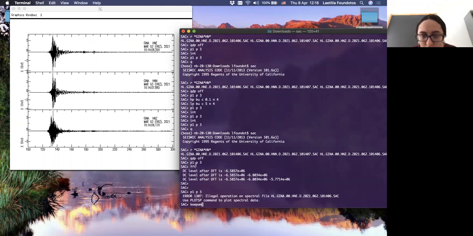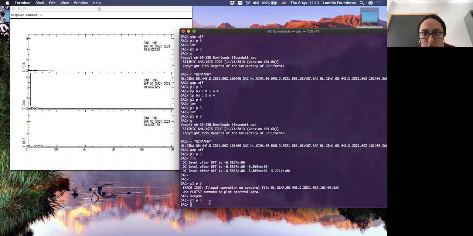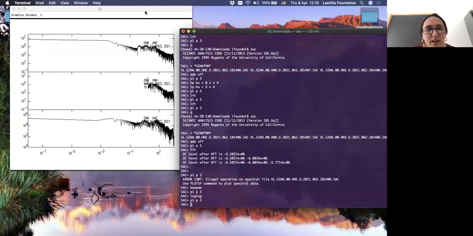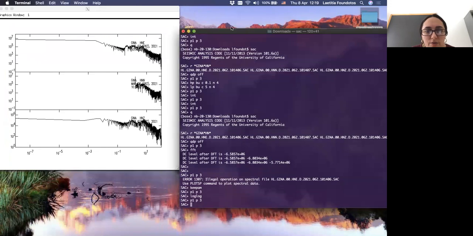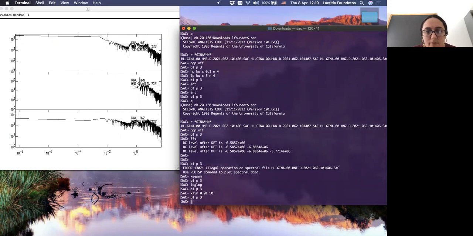We have done a fast Fourier transform, and we will tell the code to keep only amplitude and not phase. And now I guess it will be okay. So this is linear scale, so this is not really useful. Put it in logarithm scale. And now you have the spectrum of the earthquake. So maybe we can limit the scale between these frequencies. No, it's not enough.